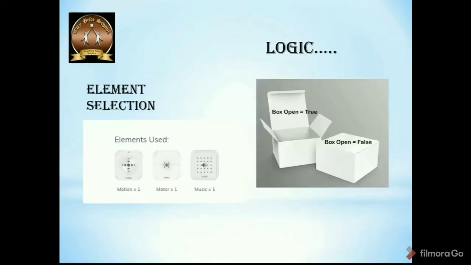So the main elements which we are going to use today are the motion element, motor and music element. Now music element, all of us know, as a pleasant sound is required, so we are going to use the music element. Motor is to rotate the girl inside the box. And what is the purpose of the motion element here? Motion element is used to open and close. That means we are going to fix the motion element in the box, and when we give the condition to the motion element, accordingly the motor and the music will work. So the motion element is the most important in this session.